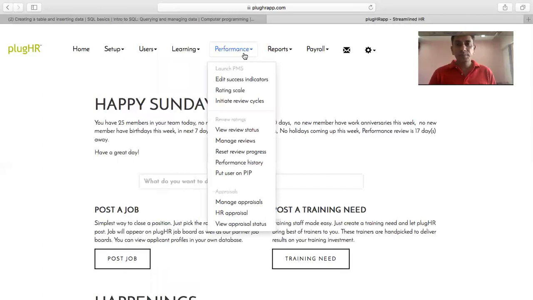And then, of course, performance management. It's so simple to run performance management using the system that once you set it up, you will not have to chase people for reviews or for setting targets. Supervisors will be able to set targets for their people. And when the review period gets over, the system starts prompting people to conduct their reviews and ratings. Self-rating, supervisor rating, skip level rating, all system driven.